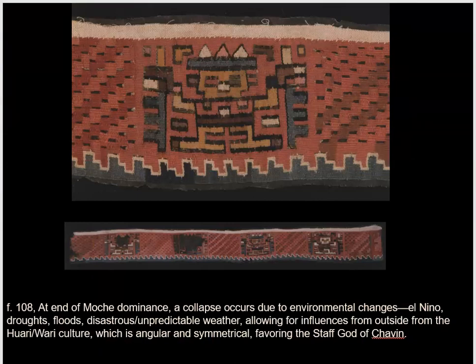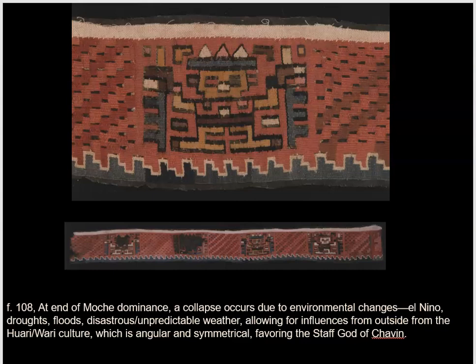Okay, leaving the Moche sex pots, that takes me now to the last slide that I have for us. It's figure 108 in the textbook. Moche domination on the North Coast is going to collapse. It's going to collapse because of environmental upheaval. That is going to be driven by El Nino, which is going to bring about droughts, floods, and really disastrous, unpredictable weather. It's going to damage the monuments. It is going to cause crop failure, and ultimately, because this is not going to be a one-time thing, it's going to last for a while, it's going to encourage the decline of the Moche culture.